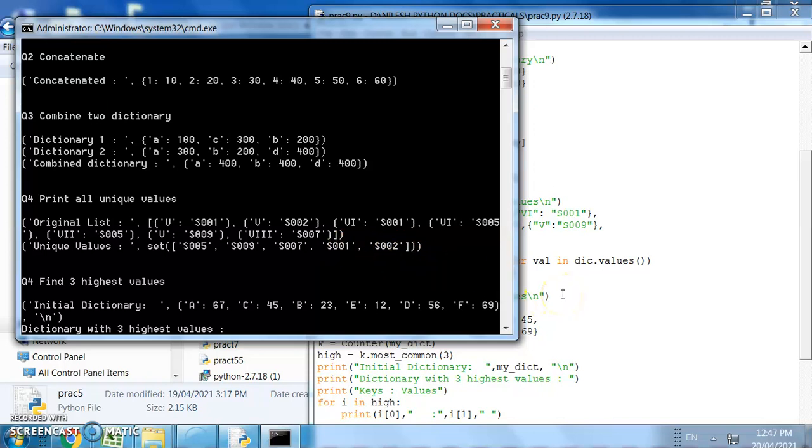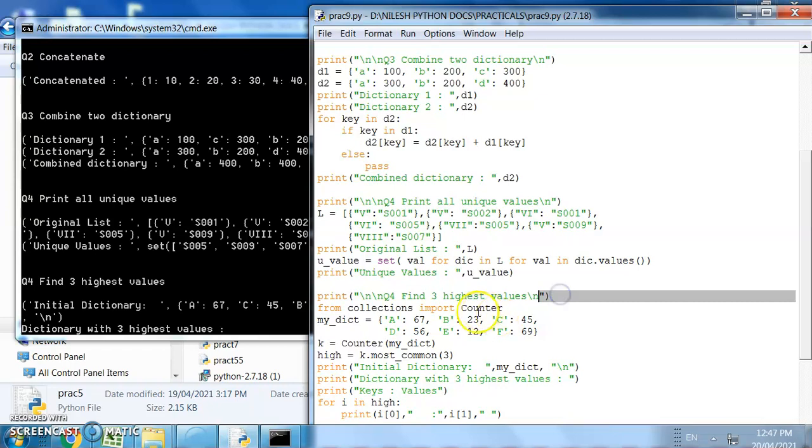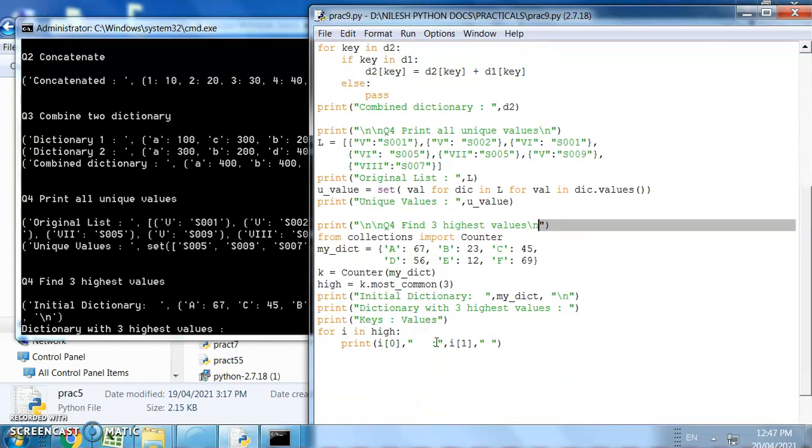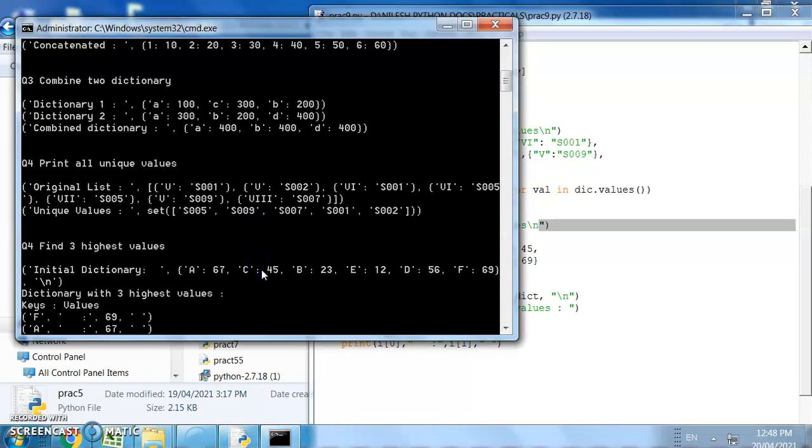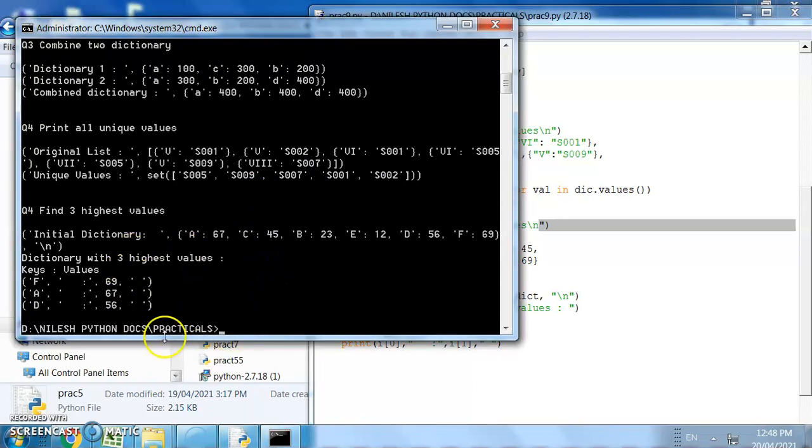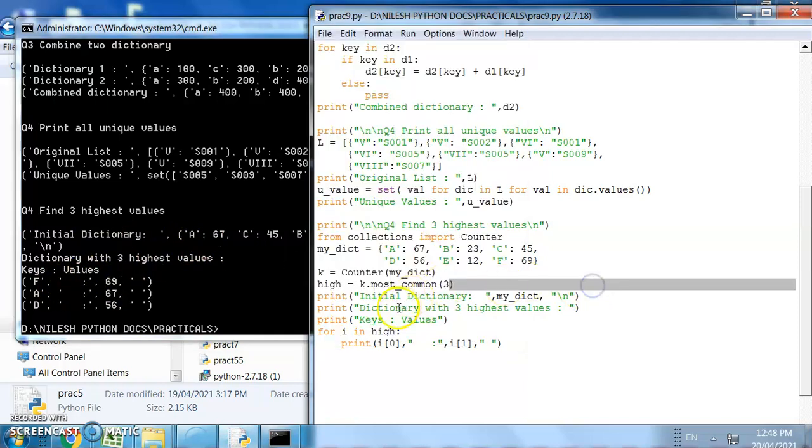Next, if you want to find the 3 highest values, accordingly it is going to present all the elements in the dictionary. So all elements in the dictionary are going to be printed. After that the 3 highest values from the dictionary are going to be found, and those elements are going to be printed over here.